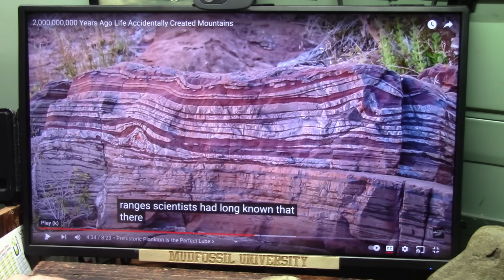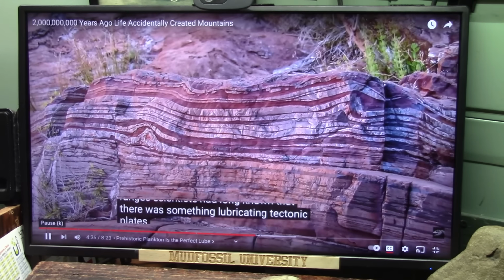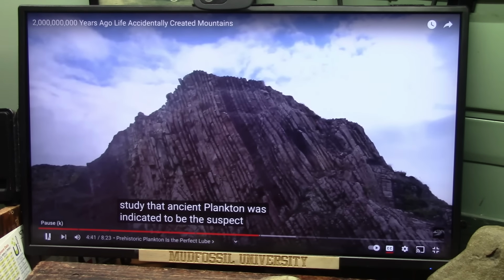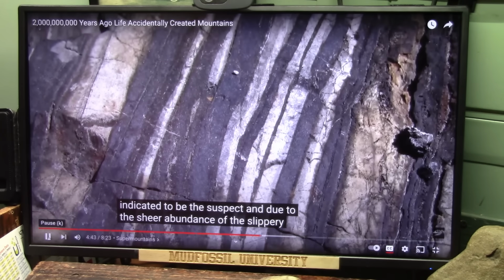Here goes. There was something lubricating tectonic plates, but it was only in the recent study that ancient plankton was indicated to be the suspect. And due to the sheer abundance of this slippery soft...